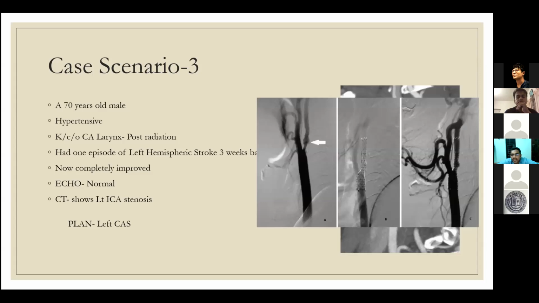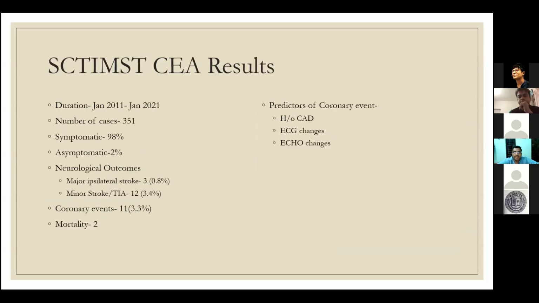When the patient has symptomatic stenosis, first we have to intervene, and if we are going to intervene, the first option is always carotid endarterectomy. If there are contraindications, either medical or anatomical comorbidities, then only does the patient go for carotid artery stenting. In our institute, the comprehensive stroke program was started in 2011. Since then, in the last 10 years, we have done around 351 cases, the majority by Professor Unni sir, then by Dr. R.C. Srikumar sir.